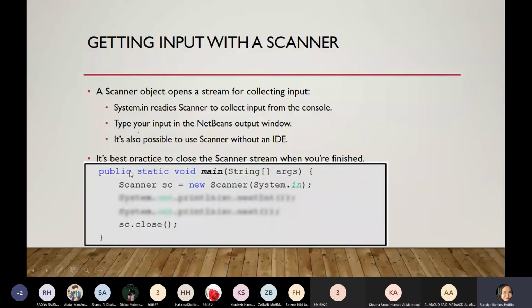Later on, this particular format of declaring an object will be explained to you further, and you will come to understand what this format is all about and how it is used to declare something. So in the meantime, let's just take note that for this whole line, you don't change anything except the object name. If you want to input something, this line is required. It is needed. I'll show you that later.